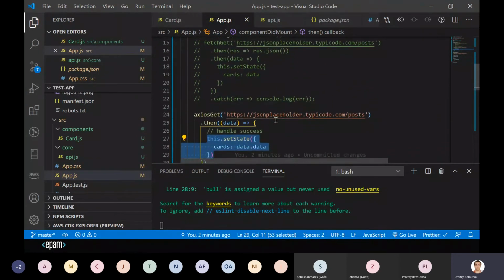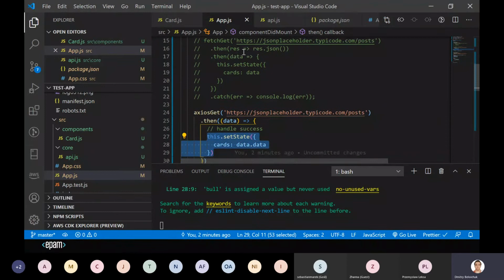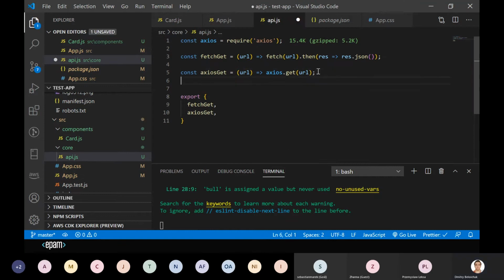Currently there's nothing much different from the fetch API, except the data is not actually the array that we receive, but some kind of object where we need to call the .data property. But